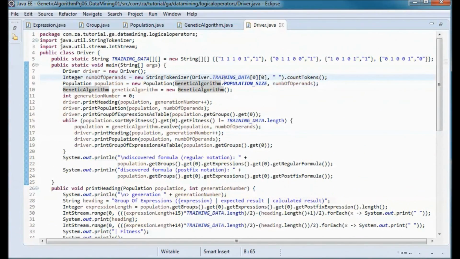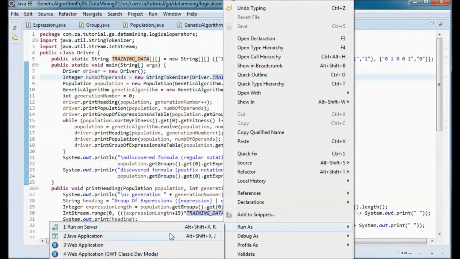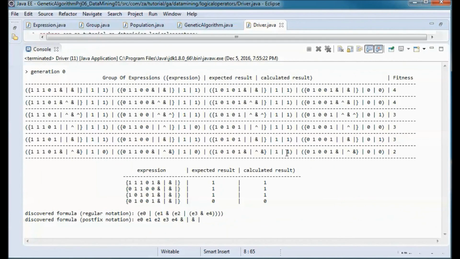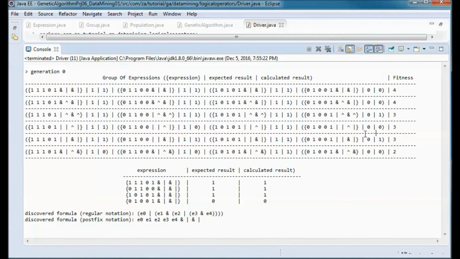Next, let me go ahead and test run the application. So actually generation 0 did it. So let's do it again.